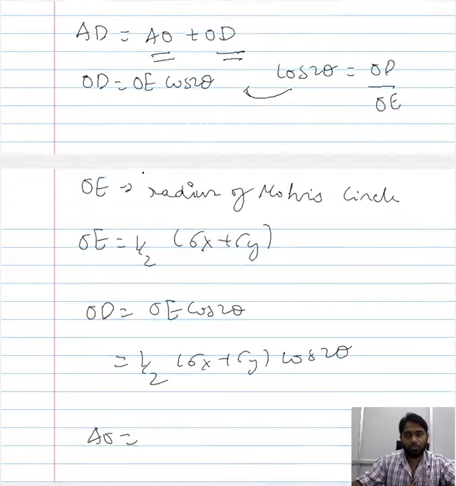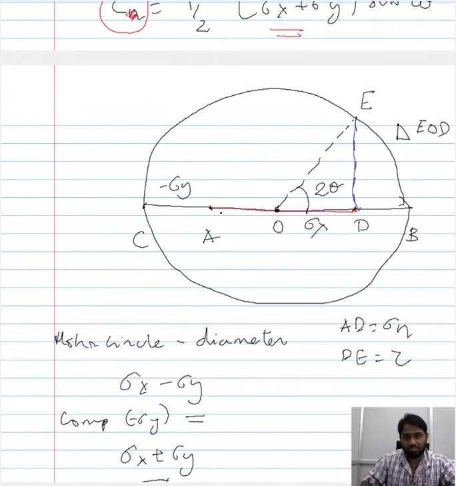So this AO here in this Mohr's circle, AO can be expressed as the difference between AB and OB. That is the region of our interest, or the segment that we want to quantify. So AO is nothing but the difference between this AB here and the OB here. When you subtract OB from AB, you end up with AO.